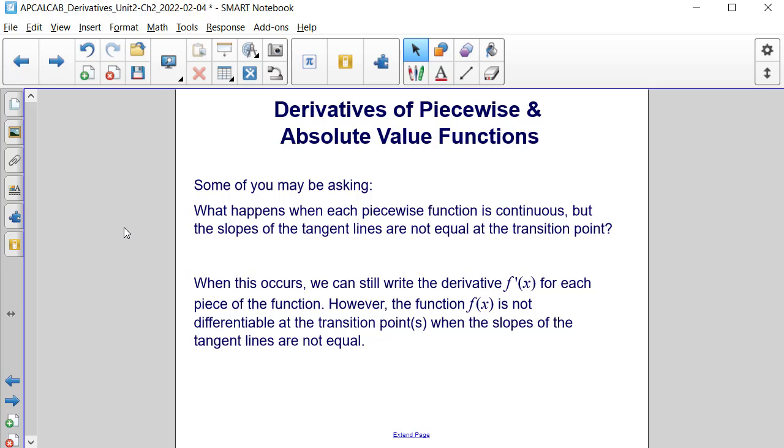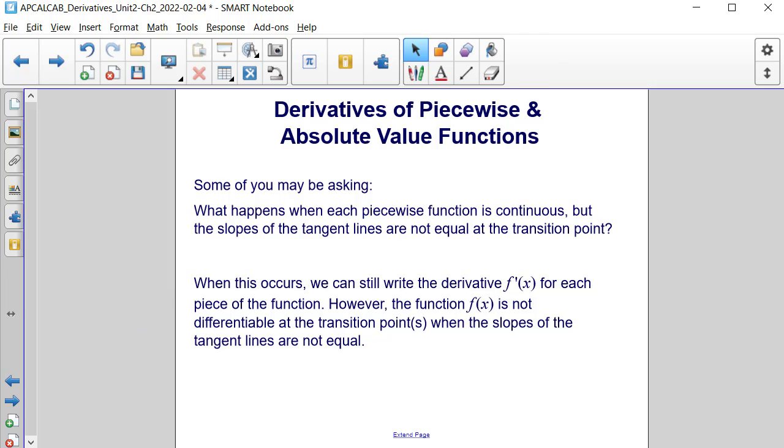Some of you may be asking, well, what happens when each piecewise function is continuous, but the slopes of the tangent lines are not equal at the transition point? Well, when this occurs, we can still write the derivative f prime of x for each piece of the function. However, the function f of x is not differentiable at these transition points when the slopes of the tangent lines